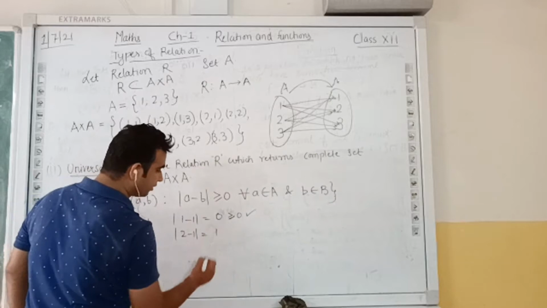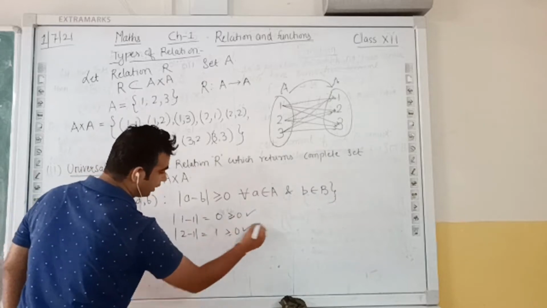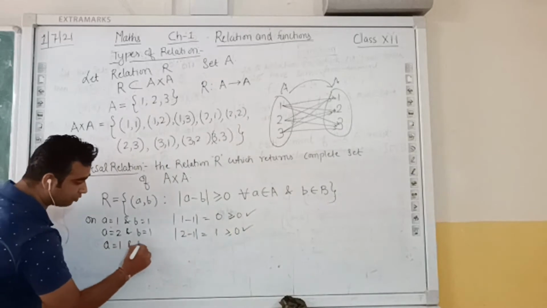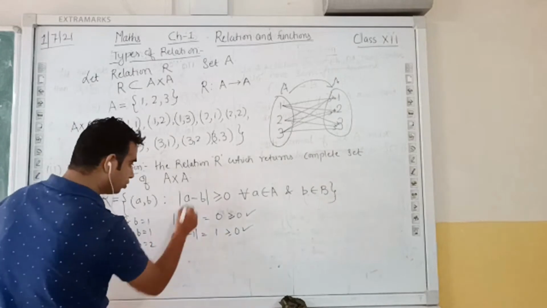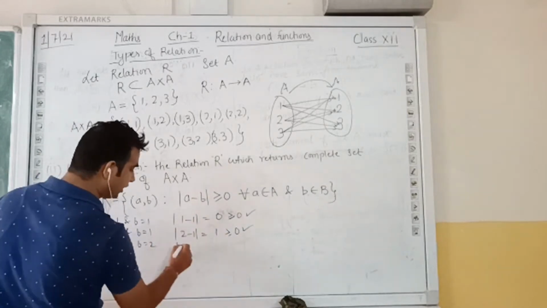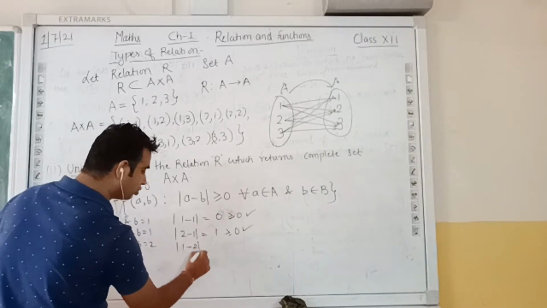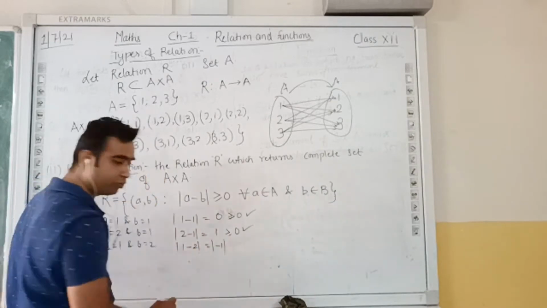So I get the result 1, and again this is greater than or equal to. Suppose if I take A equal to 1 and B equal to 2, अगर मैं A की वैल्यू 1 लेता हूँ और B की वैल्यू 2 लेता हूँ तो भी मुझे मॉड क्या होगा सेटिस्फाई करेगा, because A की वैल्यू if I put here 1 and the value of B if I put here that is 2 and it will be returned, so into the mod I will have negative 1.